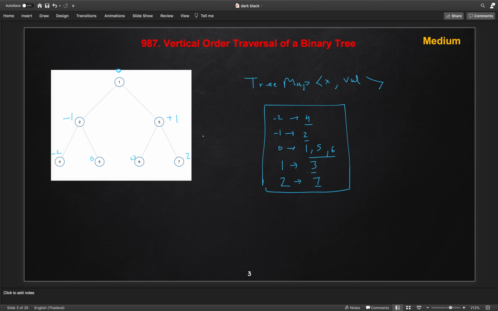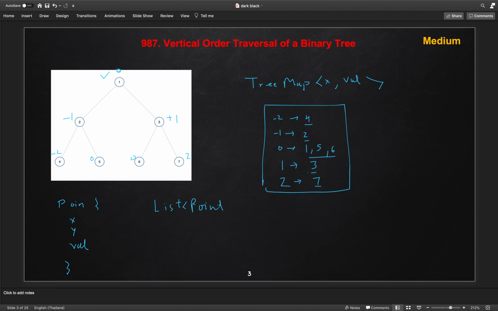So for solving this, we will simply create a helper class, let's call it the Point class, and this class will have the x coordinate, the y coordinate and the value of the node. Using this class we will do the first DFS pre-order traversal of our tree and keep track of all the nodes we are visiting, with their x and y, in a list of points.